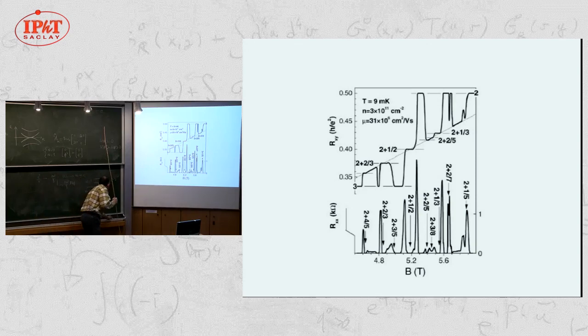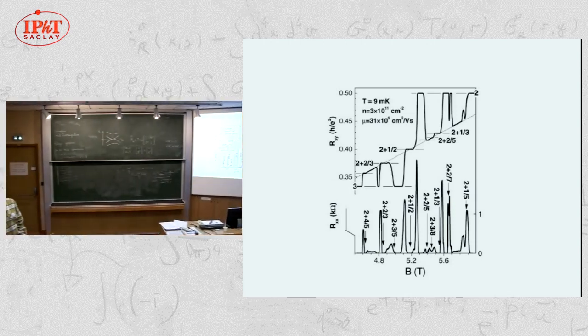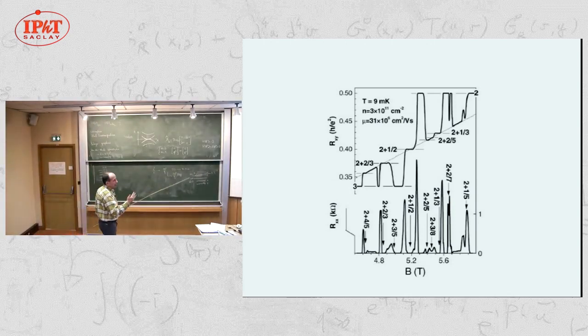So which means that you are in the case, so these two are completely filled, and you have half filling of the first orbital Landau level. If you believe that the physics is the same between n equals 0 and n equals 1, you would expect the composite fermion Fermi sea. That would be your first guess, which has no gap, which would have no quantization of the Hall resistance, and a finite resistance, as is observed in the lowest Landau level.